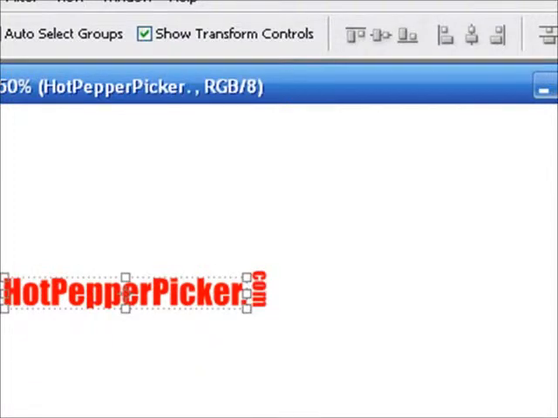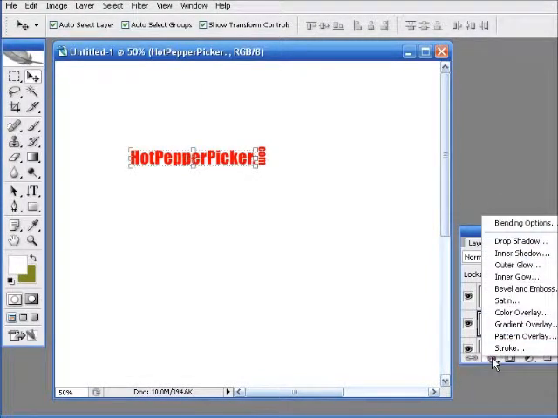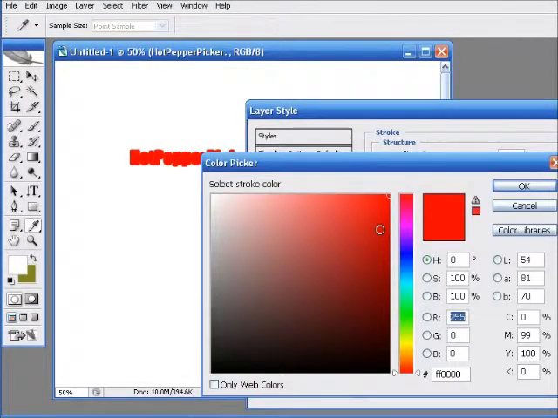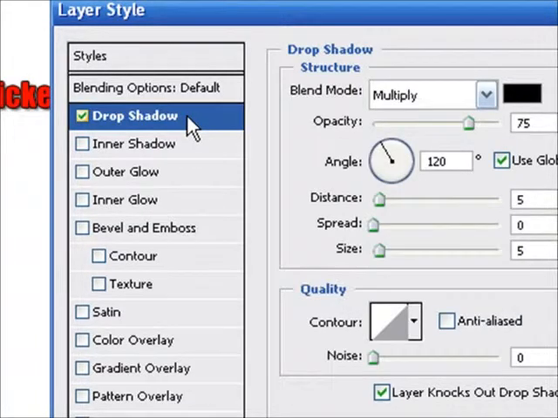Okay, so now what I want to do is apply some layer styles. I want to apply some stroke and a drop shadow to this, and you can do that with the selected area here. Come on over to your layer styles, click on that, click on stroke, click on the color, and I want black, and I want to knock this back to a 2. And while I'm here, I'm going to go ahead and put a drop shadow in there, and the default